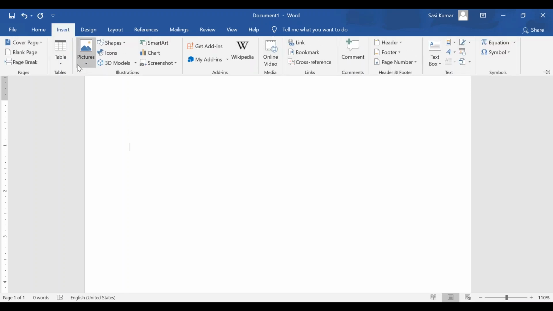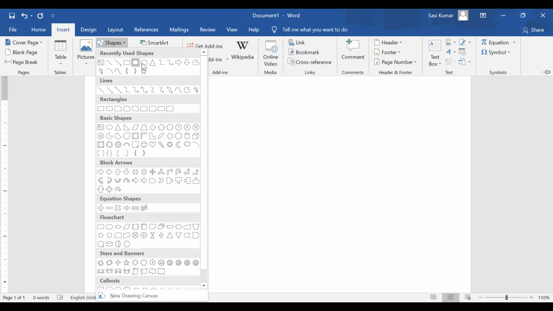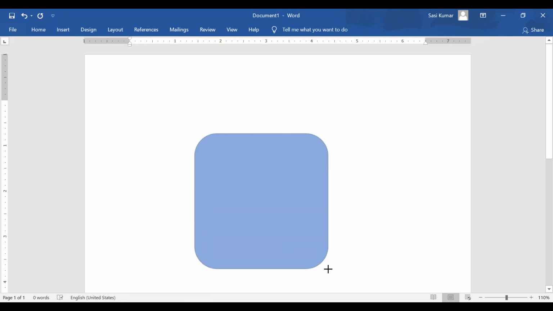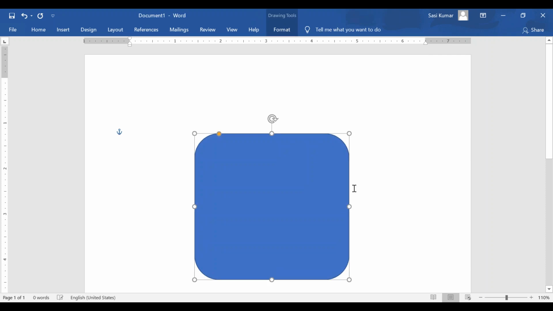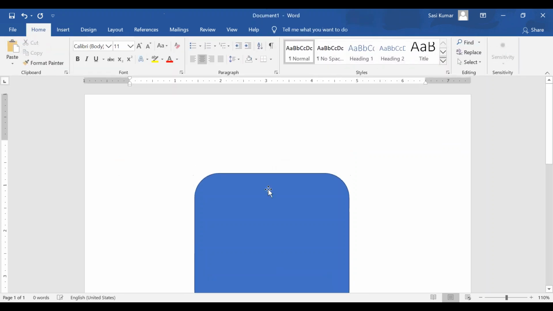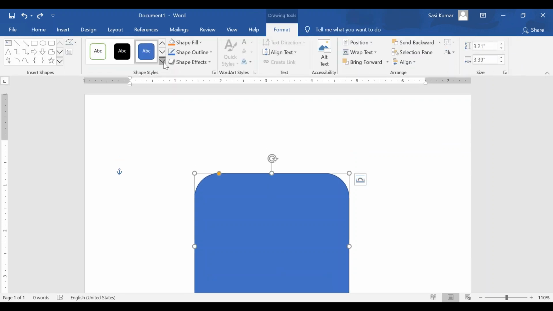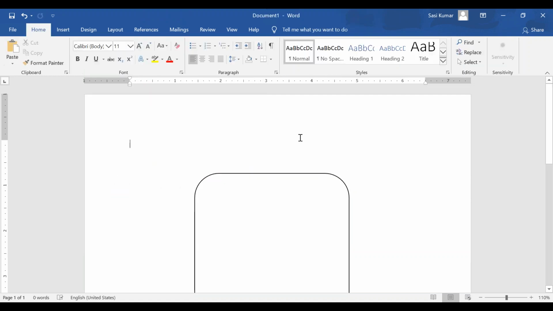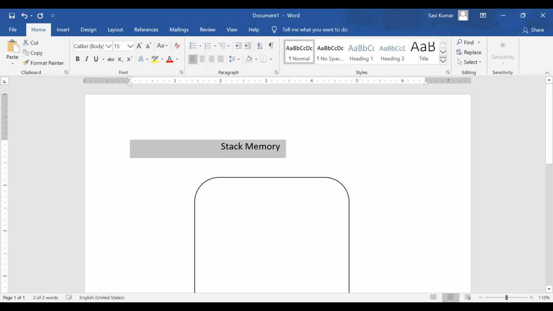We are trying to run the HelloWorld class. Consider this is your stack memory. We have seen that stack memory is used for execution purpose.